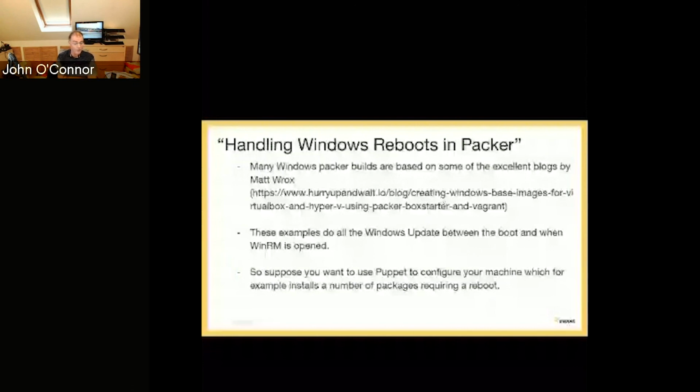The other use case for this is Windows Update, and particularly for the earlier versions of Windows where you need multiple cycles of reboot and Windows Update before you have your image fully prepared. Matt Wrock is probably the state-of-the-art blogger on doing Packer images, and he has done some extremely good work in doing all the Windows Update in what we call the